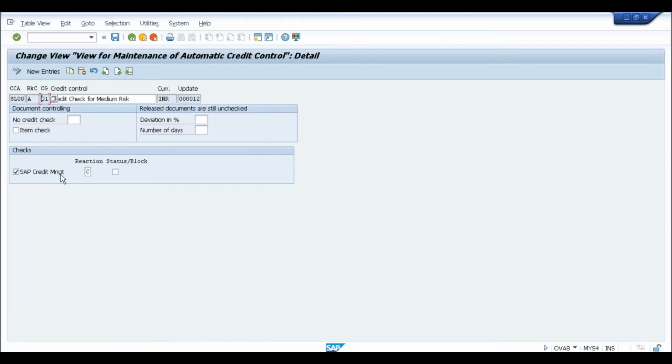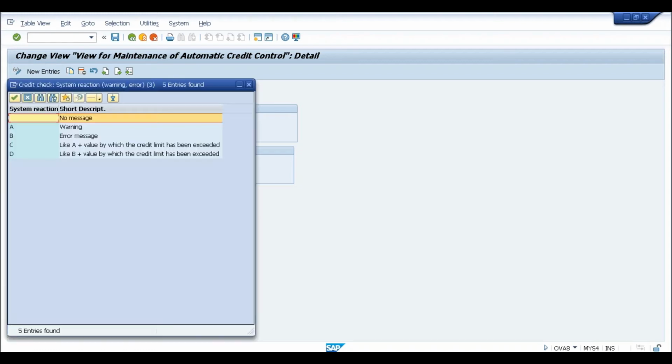You specify here whether for this combination the credit management is active or not, and if it is active, what will be the behavior of the system whenever you exceed the credit limit. Currently the reaction is C. C means the system will issue a warning message when the credit limit is exceeded.